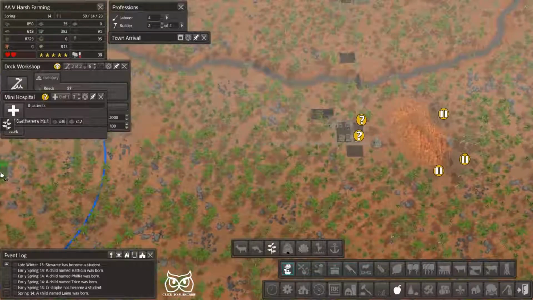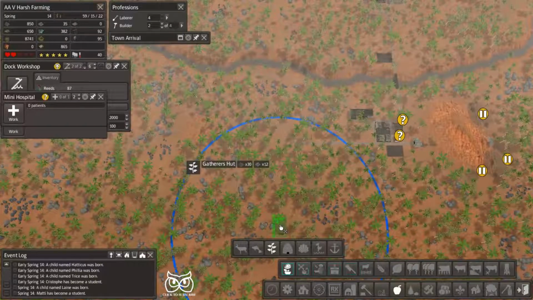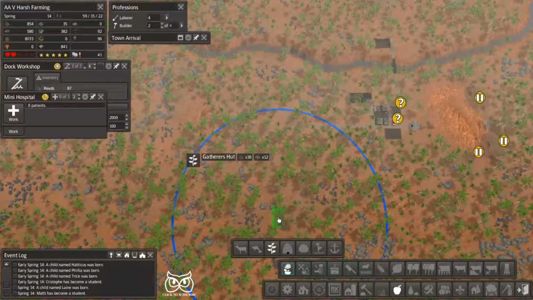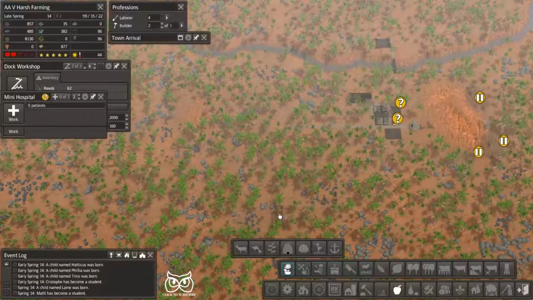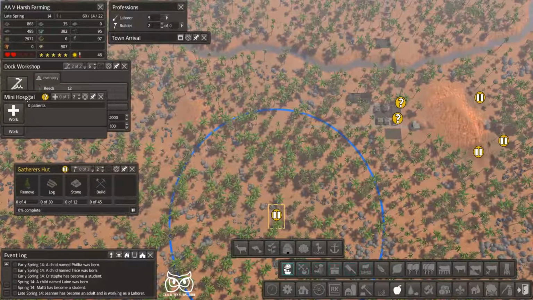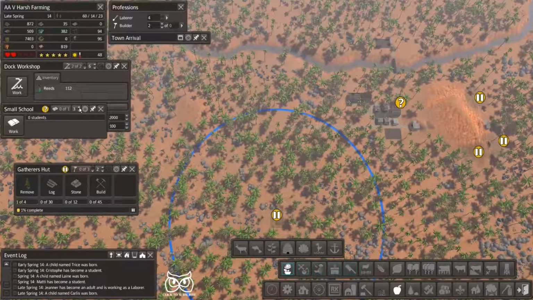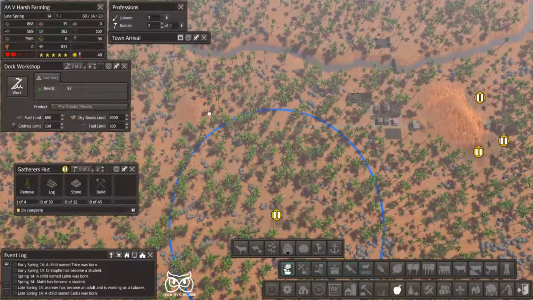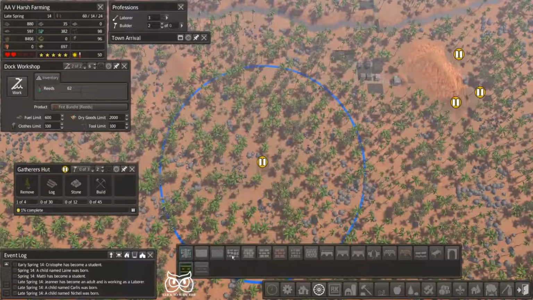Where is that? There's that little mountain. Okay, if I go down this way, I'm avoiding that mountain. So let's go right in there. There we go. So we're going to put someone on this and someone on this school. There we go. And I think